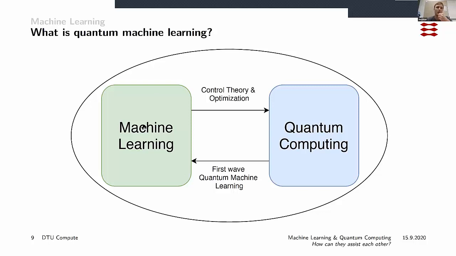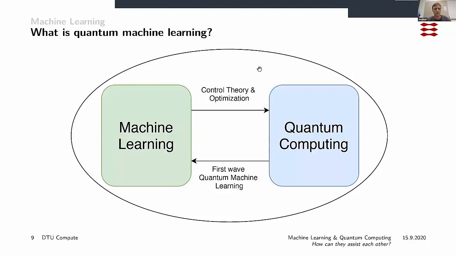So even though your model might be classical, if you update the parameters of the model using a quantum circuit or something like that, you can call it quantum machine learning. And this, when you assume that you do everything on the quantum computer, is what's called the first wave of quantum machine learning. And then the second wave is where you assume an interactive environment where you, with your classical computer, do all kinds of tweaking of parameters in the quantum computer, and that helps you build some model of the world.